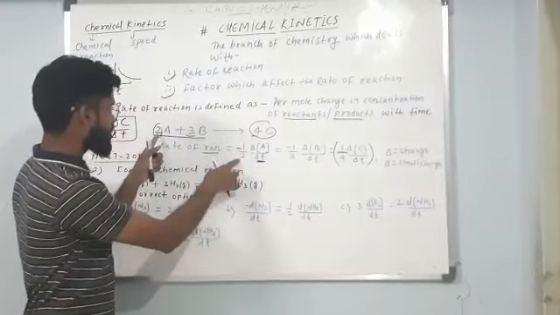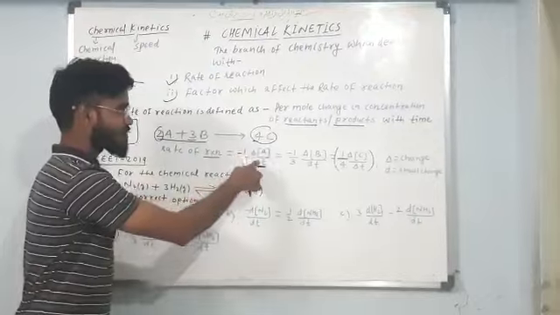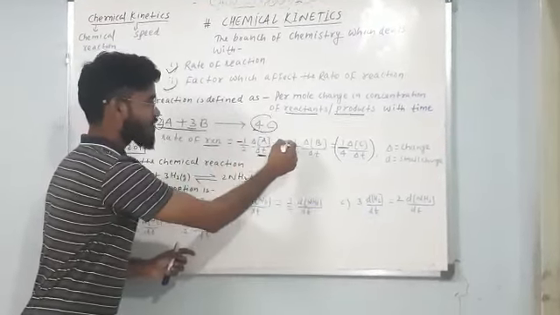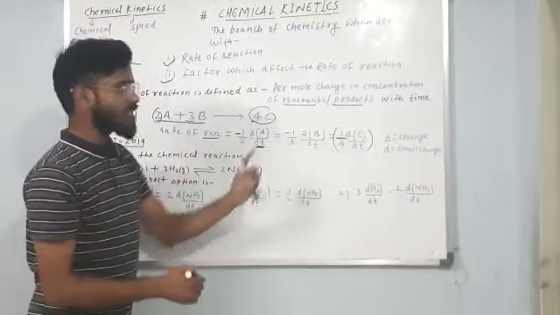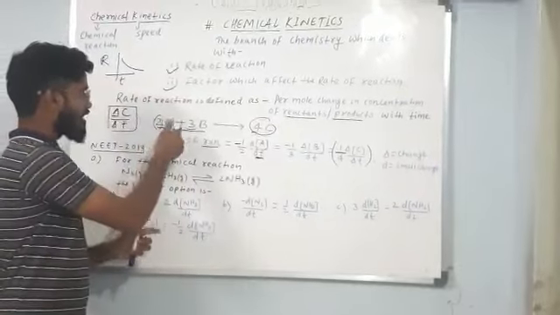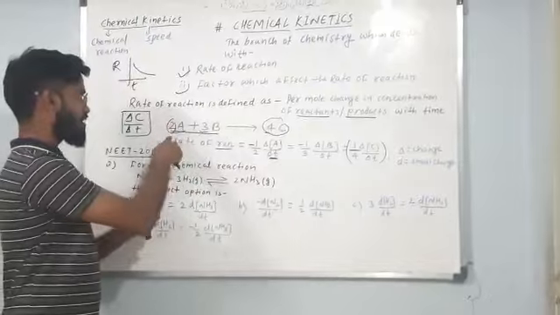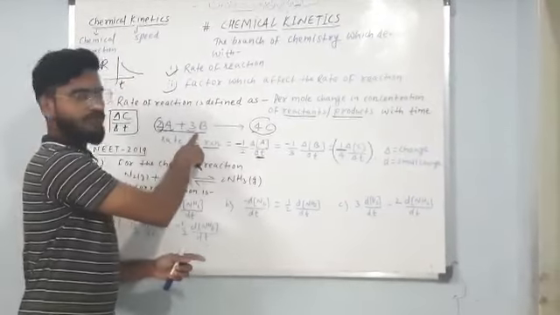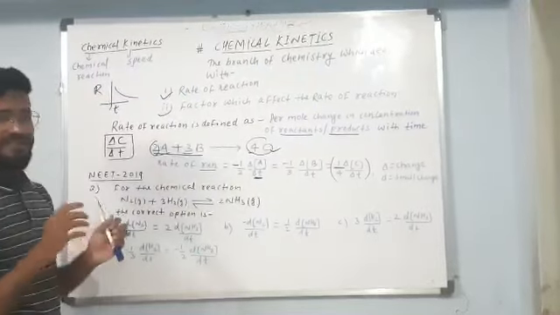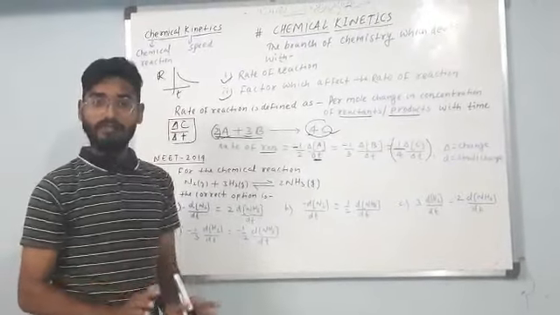First you have to divide with the number of moles. See here the number of moles is 2, so we are dividing by 2, and this is nothing but change in concentration and change in time. We are giving a minus sign for the reactant and a plus sign for the product. So we can write the rate in terms of any of the species, suppose A. So if we have to write the rate of the reaction, we can write in terms of A, we can write in terms of B, as well as we can write in terms of C. See, writing the rate of a chemical reaction is very easy and very important.